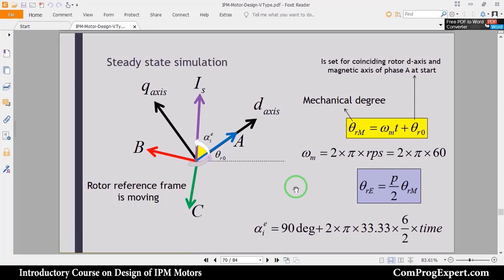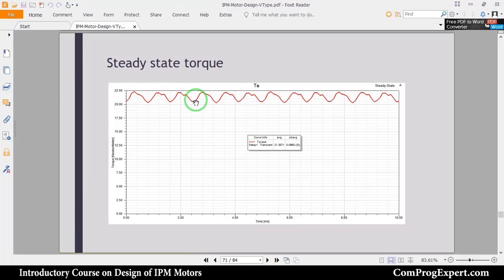Finally, we will do the steady state simulation. This is a transient current fed simulation, and in this analysis we excite the stator winding by its rated current at a proper angle, at a proper alpha IE, and then we calculate the steady state torque and torque ripple of the motor. So our motor should be capable of generating the average torque equal to the desired value for its